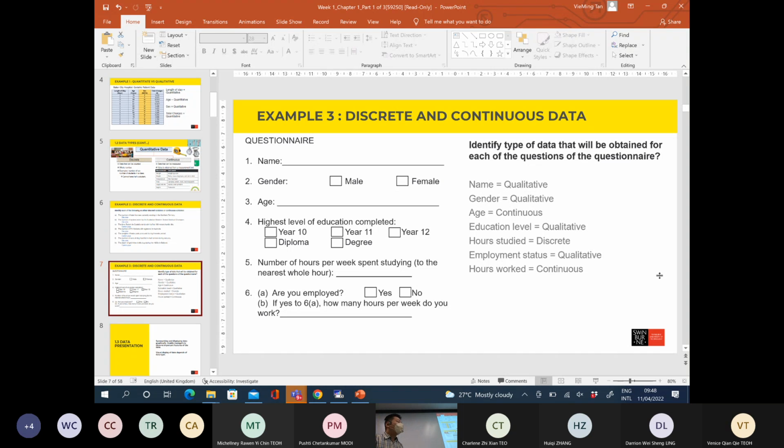So is name qualitative or quantitative? Qualitative, because from the name we can only identify, differentiate or categorize the students, but we are not able to quantify which student is better. So name is considered qualitative data. Question 2, gender. There are 2 options, either male or female. So gender, what's the answer? Qualitative or quantitative? Qualitative,